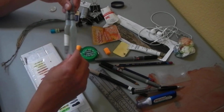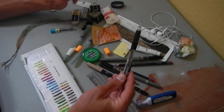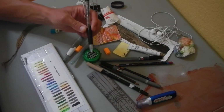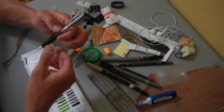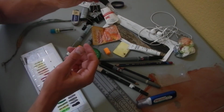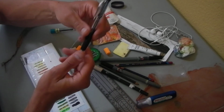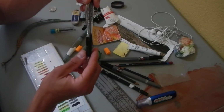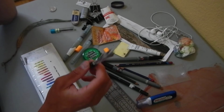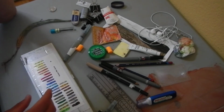They're really great. The other thing that I use the most, and I usually have two of them in my kit but don't right now because one broke, is these Pentel Click .7 mechanical pencils, and I think I have 2B lead in here, and I use these for pretty much all of my drawing. So those tools are some of the ones that I use the most, and then right next to those would be